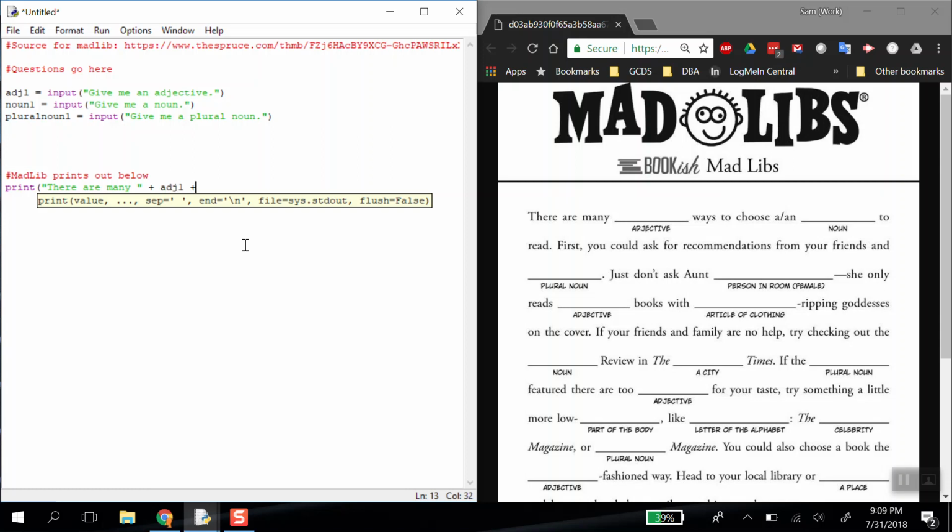So we're going to add those together. There are many, and then adjective 1. And then we're going to start our next string, ways to choose a, and then plus noun 1